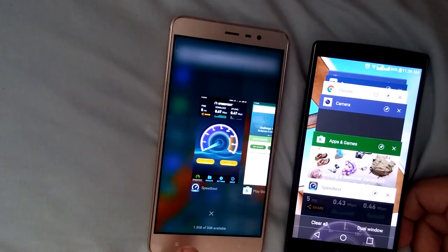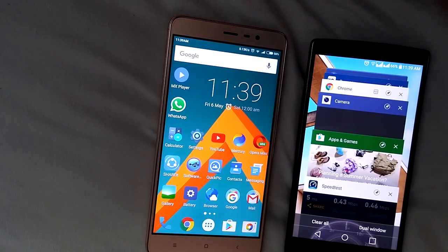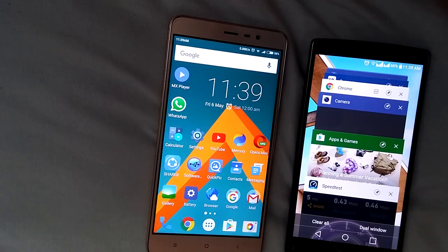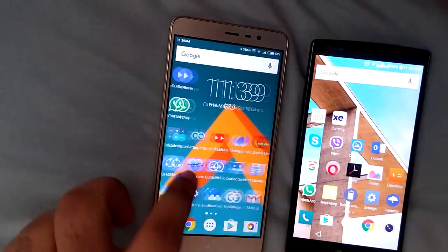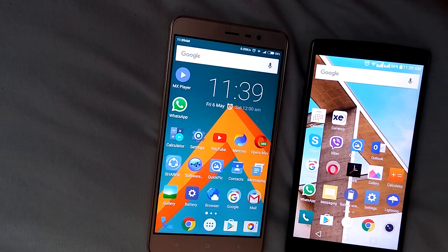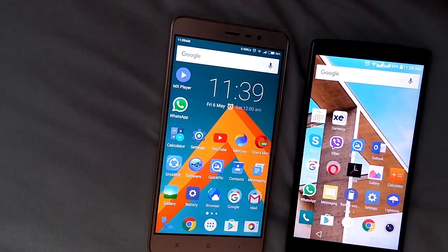So regarding the conclusion, I would say in the smoothness aspect, the Redmi Note 3 is quite a bit smoother than the LG G4. In terms of the speed, how fast the apps will open, both of these phones are fairly evenly matched. But when it comes to multitasking performance, we once again find a victor with the LG G4, much more liberal RAM management policies, allowing it to store quite a lot of apps in the memory, and also Chrome tabs. As much as 15 to 16 Chrome tabs can be stored in the memory of the LG G4, whereas the Redmi Note 3 faces some problems with RAM management even after the latest MIUI OTA, which is MIUI